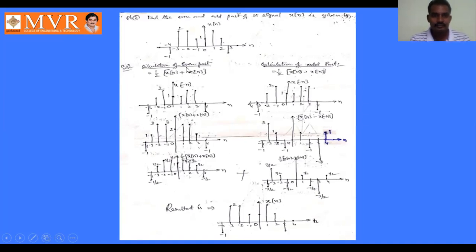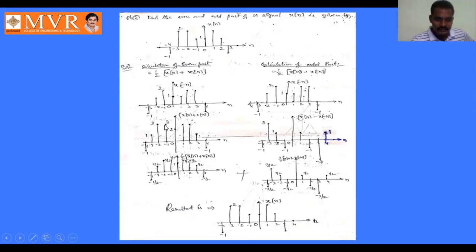By adding these two, at -4 the value of one is -1 and the other is 0. That's why -1 plus 0 is -1. At -3 its value is +2, and at -3 the other value is -1. 2 minus 1 is 1. So its value is 1. At -2 its value is +2, and the other value is 1. So 2 plus 1 is 3. Like this. At minus 1 one value is 1, and the other value is 2.